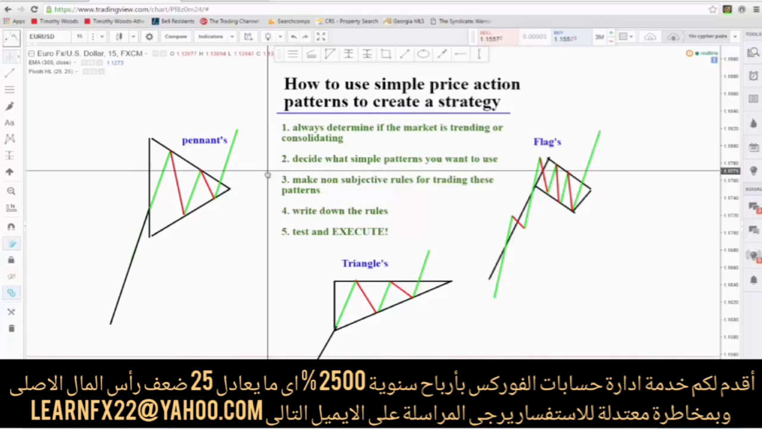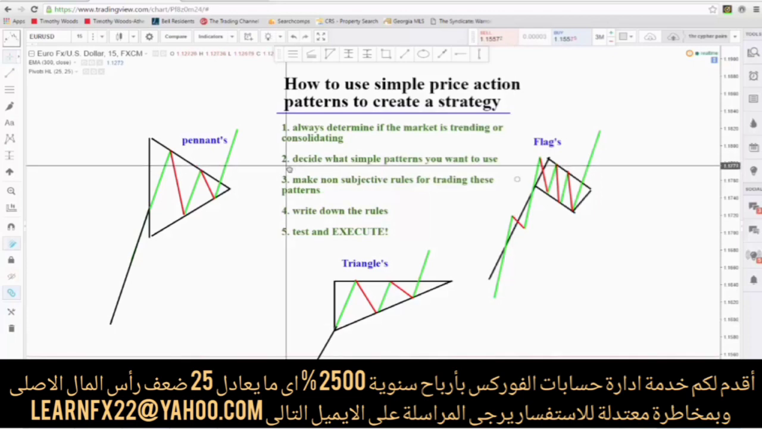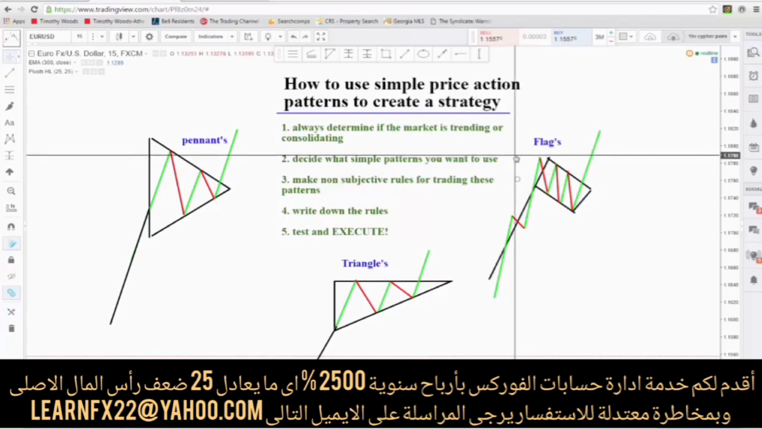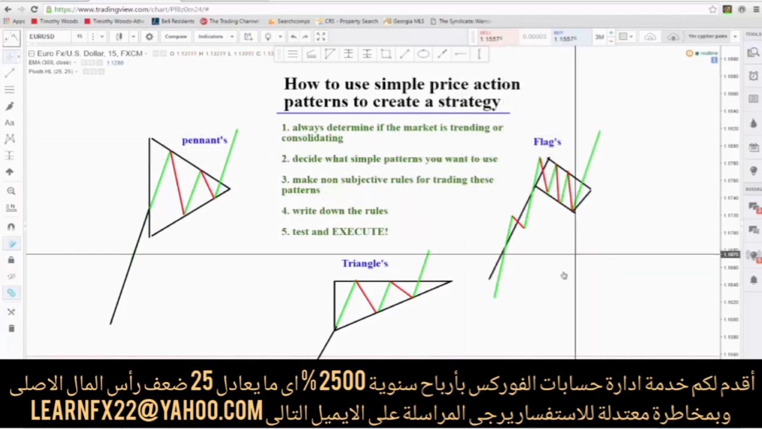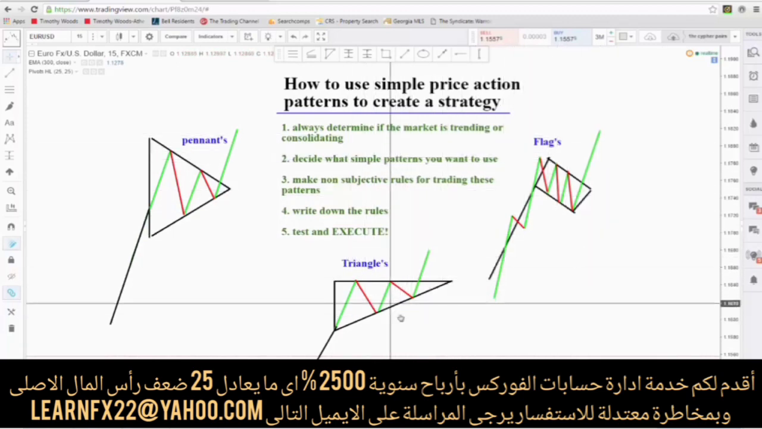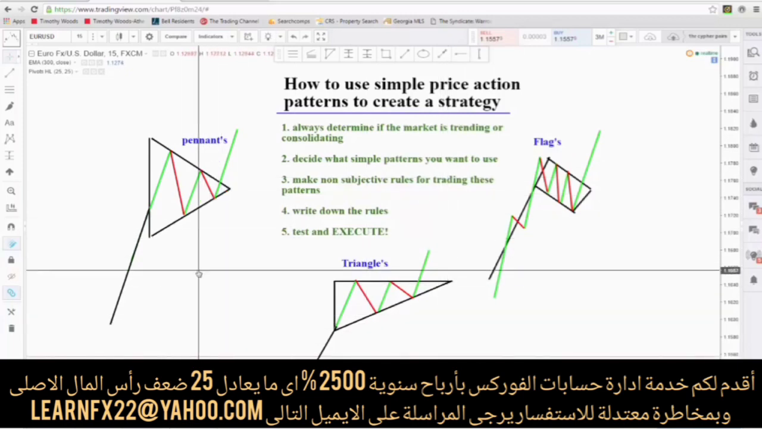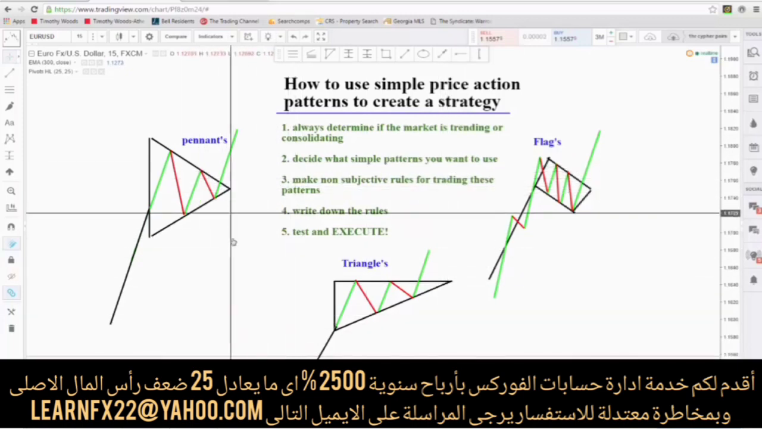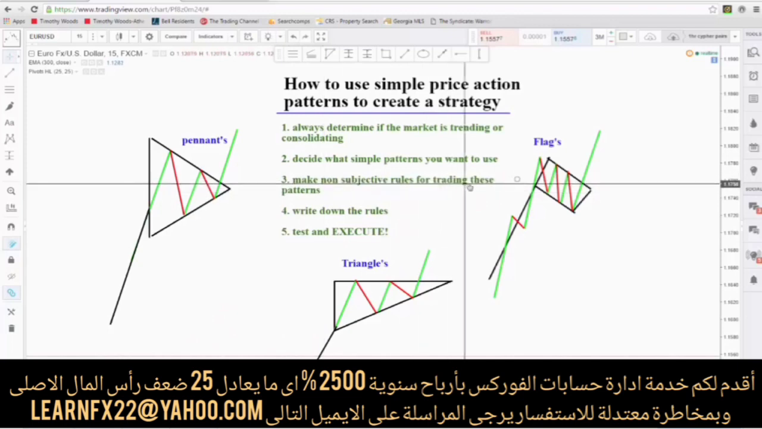So now that you have that information in hand, the next step would be to decide what simple patterns you want to use. Do you want to just trade flags, or would you like to trade flags and ascending and descending triangles and pennants? So figure that out, and once you have that decision made, make some non-subjective rules for